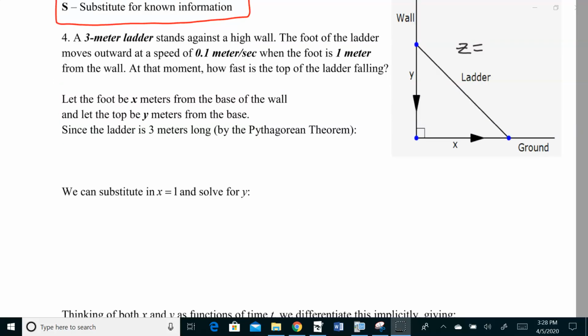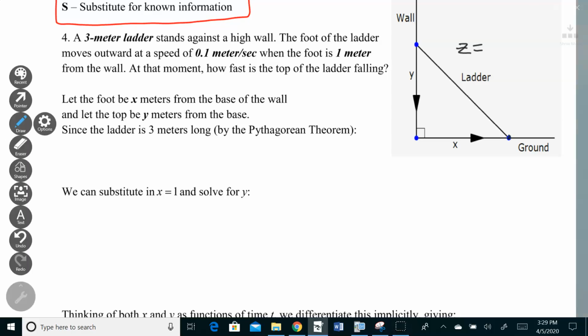Okay, I have this situation where there's a ladder up against a wall. The ladder is 3 meters long. It's standing up against a wall, and the bottom part of the ladder, this part right here, is moving away from the wall. It's slipping away. At the moment, it is moving out at 0.1 meters per second when it is 1 meter